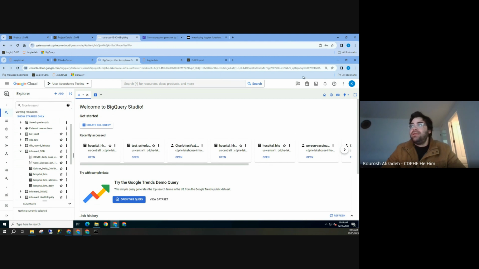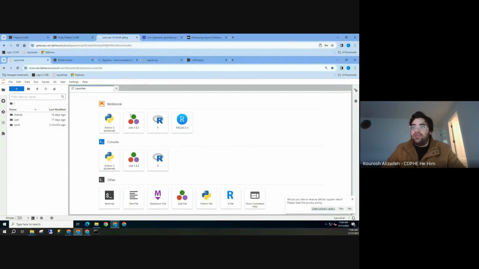Right? And then the 4th key element of the Lakehouse is called Jupyter Hub, or sometimes Jupyter Lab. That is the analytic environment where you can allocate specific compute resources to your work. So if you go to Jupyter Lab, you can see different elements that you can launch.